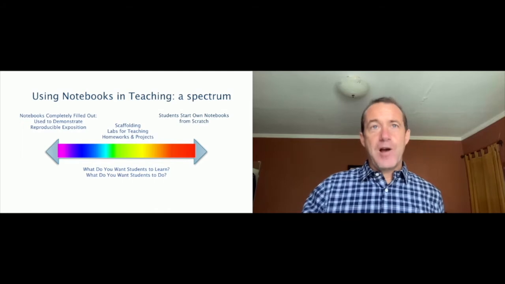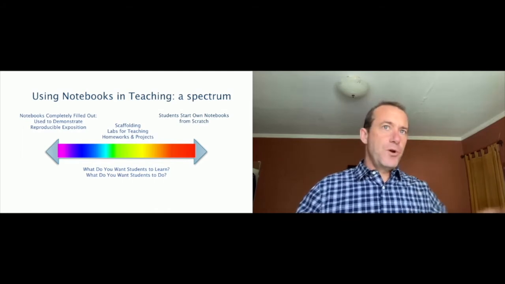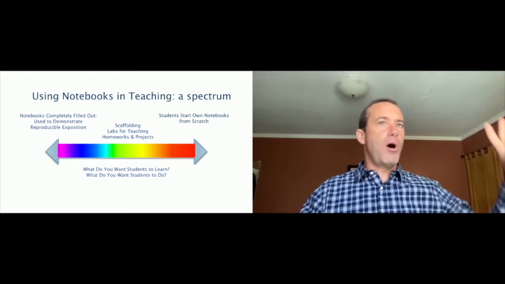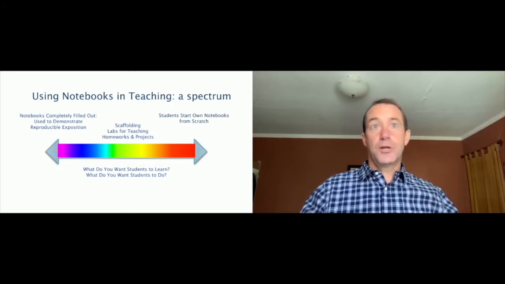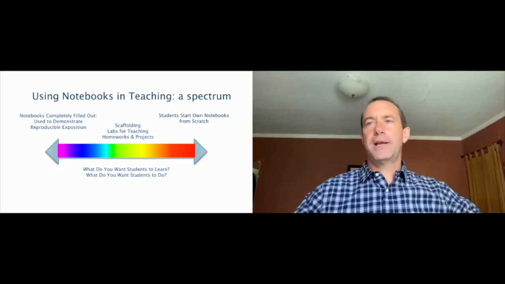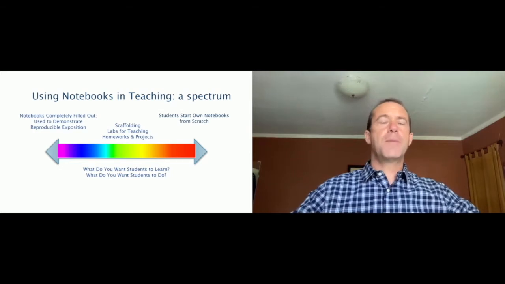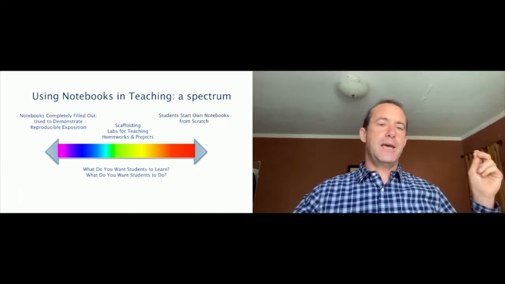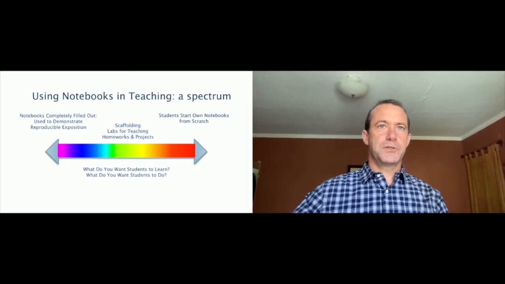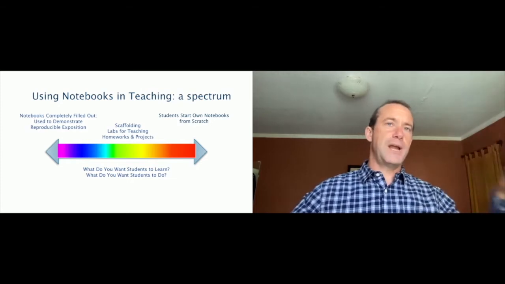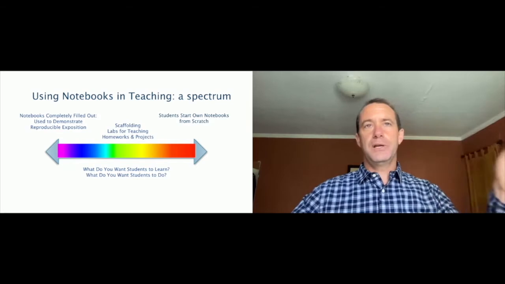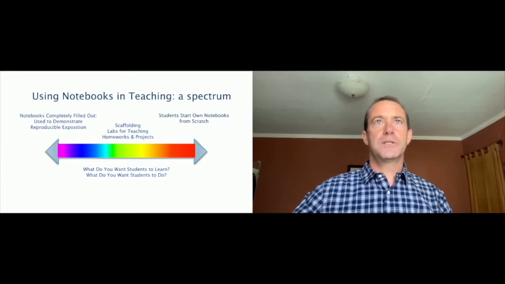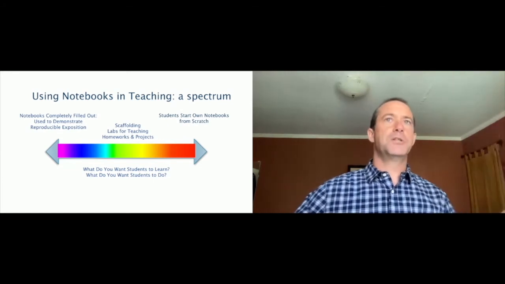There is a range of how people think about how to do this, right? So the notebook could be completely written, completely like everything the student needs to do is there. All they do is run the code chunks. One time I tried it out in a very basic intro economics class. I had a completely written notebook where the graphs were just generated, and then students would be asked to interpret this graph. So they didn't need to know any Python or anything. They just ran something. And then maybe it's automated with sliders, so they don't even have to change the code. They could just vary something with a slider. So it's just like a web page where they're going to do some interpretation.